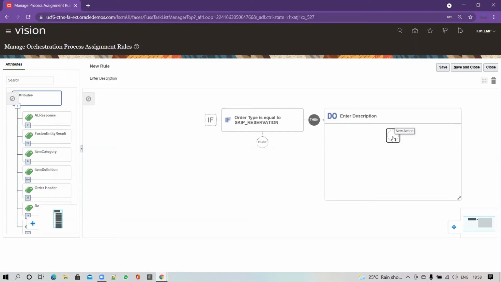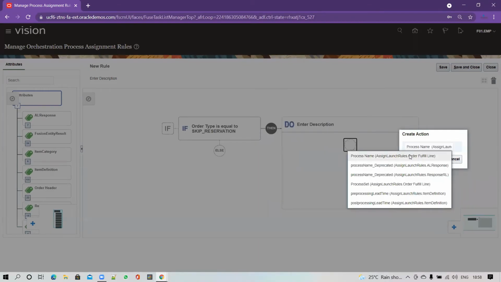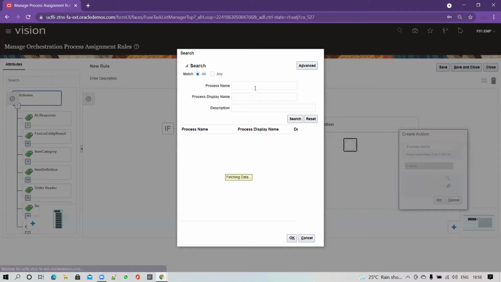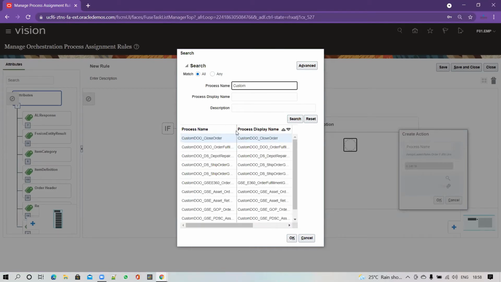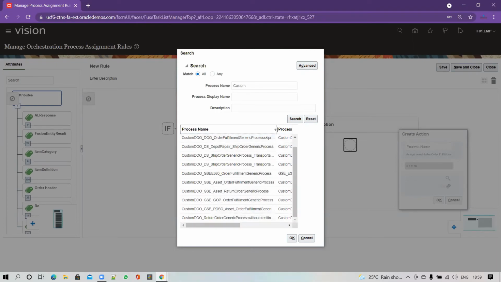I will search with the custom name; you can also put the specific name. Now you just stretch it and you can see that there is a task called skip reservation. That identification we entered at the end for easy identification. Now I've selected it, I click on OK. After that, you have to click on save and close.